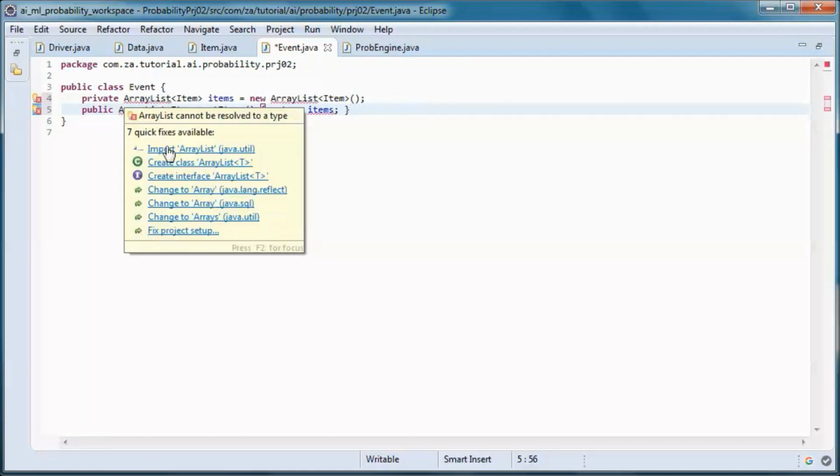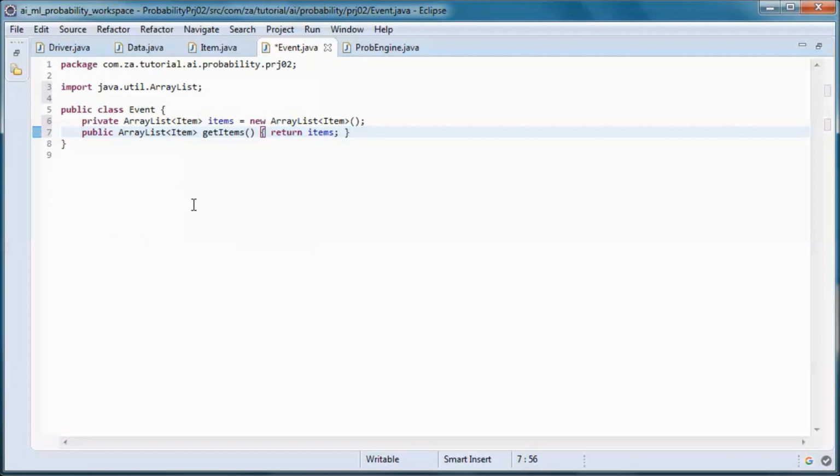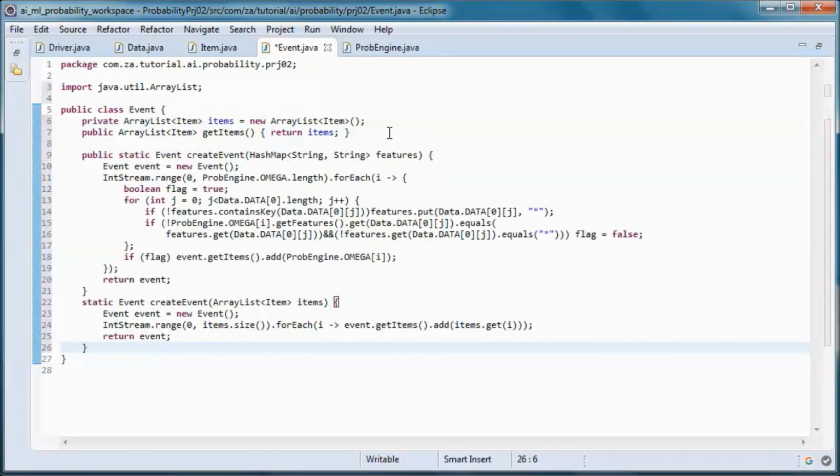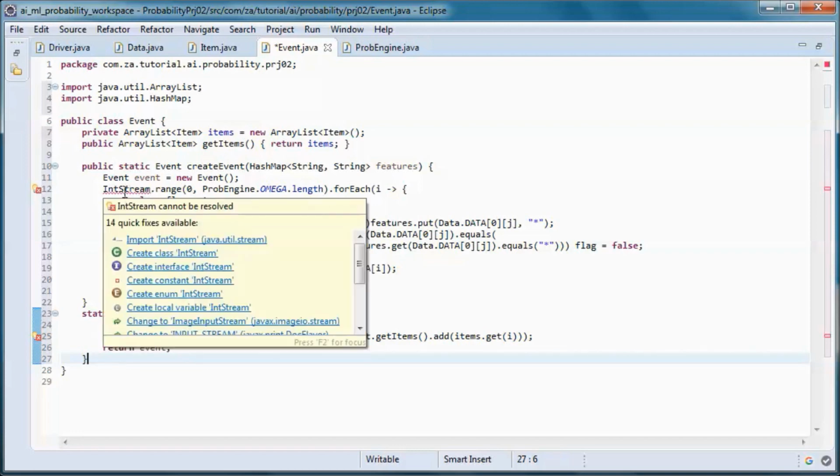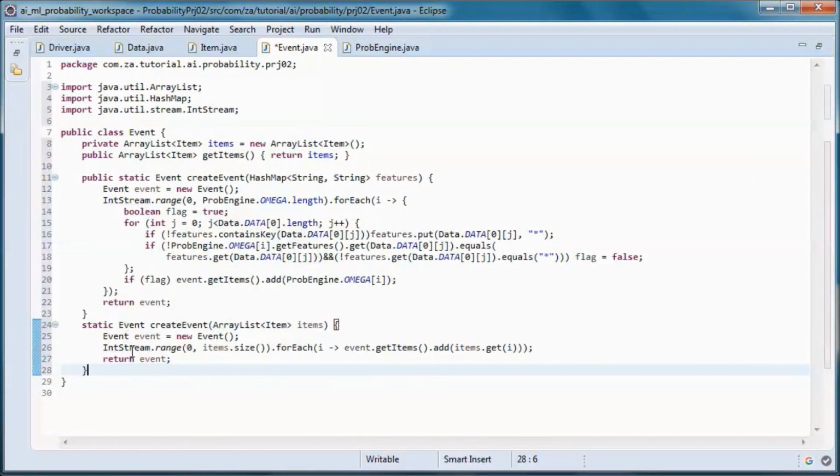So it will have an array list of items and a get method for that, and those two static methods will create and populate an event from an array list of items or a hash map.